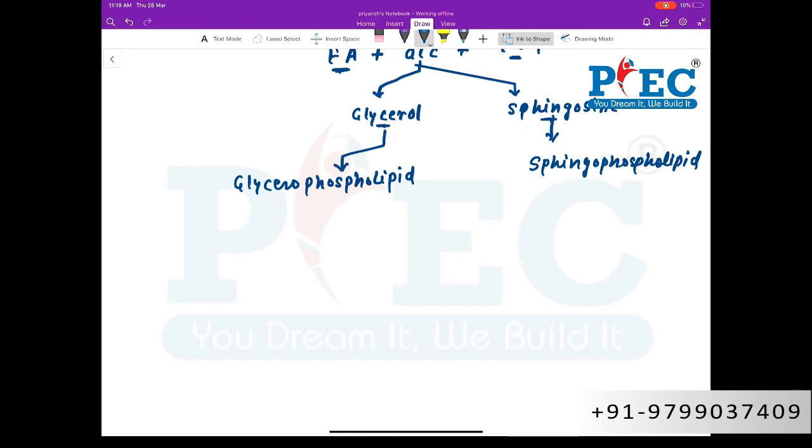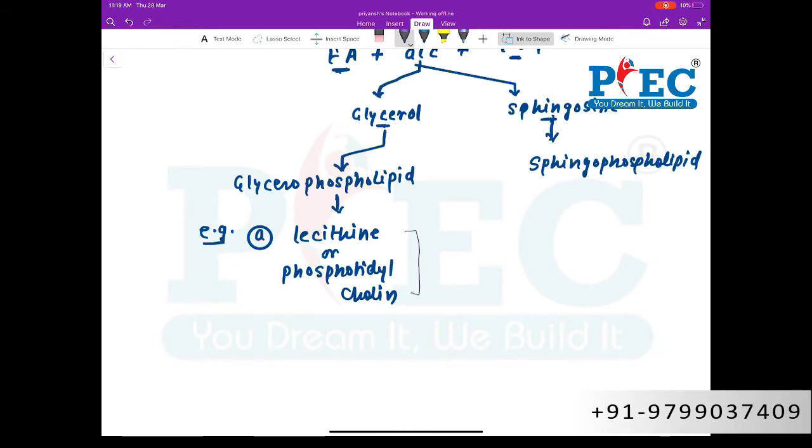This is a glycerophospholipid example. The first example of glycerophospholipid is lecithin. It is also called phosphatidylcholine. The points that you should know about lecithin: